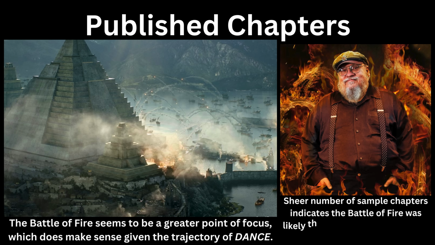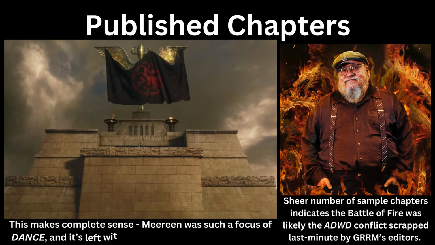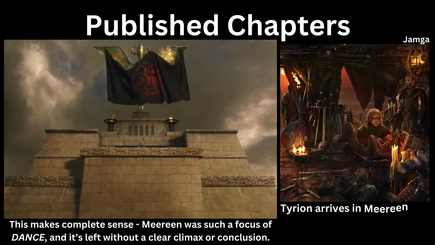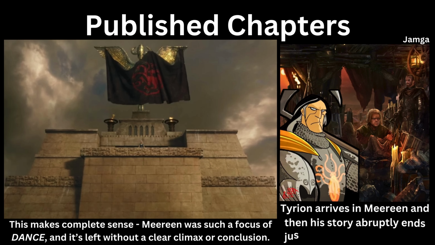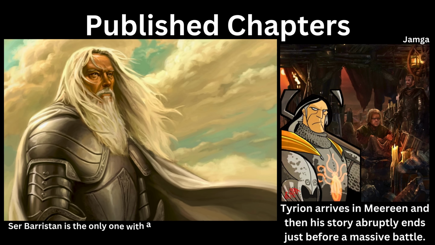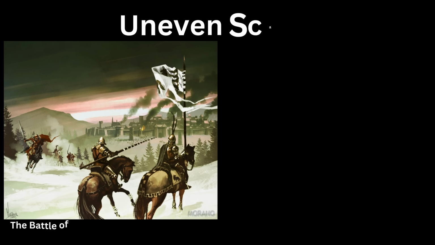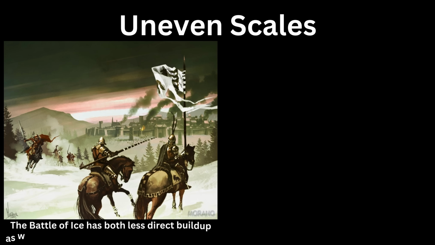And it makes sense given the fact that A Dance with Dragons is so focused on all of these characters kind of convening around Daenerys, and as it ends currently, it is really strange for pretty much all of these characters sailing into Meereen. Tyrion just gets to the city and then the curtain drops. Victarion Greyjoy is sailing in, and while there is a bit of a moment of clarity with him coming to this new religion, really there isn't a clear climactic endpoint. And Barristan Selmy becomes a viewpoint, has four chapters, has this climax in Meereen, but then it just kind of ends out of nowhere.